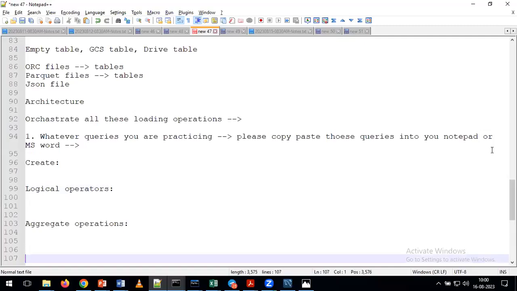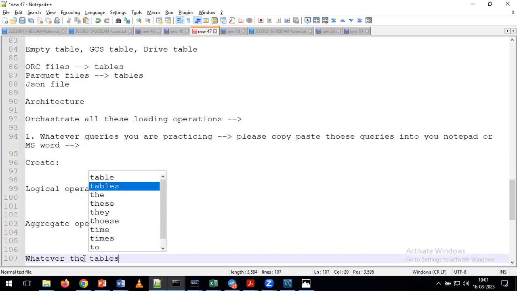In the same way, for example, aggregate operations. Under the aggregate operations, whatever queries you practice, please copy paste all the queries. Like that, if you prepare one notepad or one Word document yourself, what will happen? After 1 month or 2 months, if you want to recap everything, you can just open the document, and with that you can recap whatever practice you completed. In the same way, whatever tables you are creating,